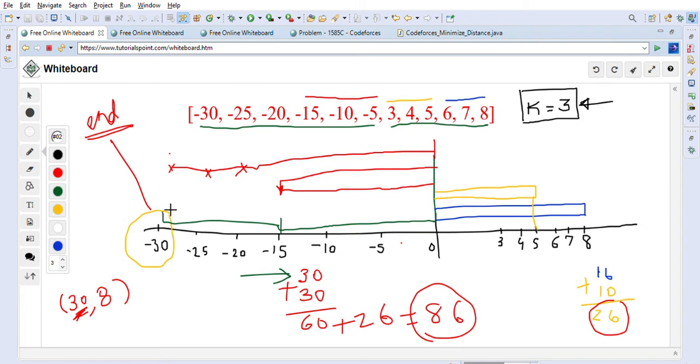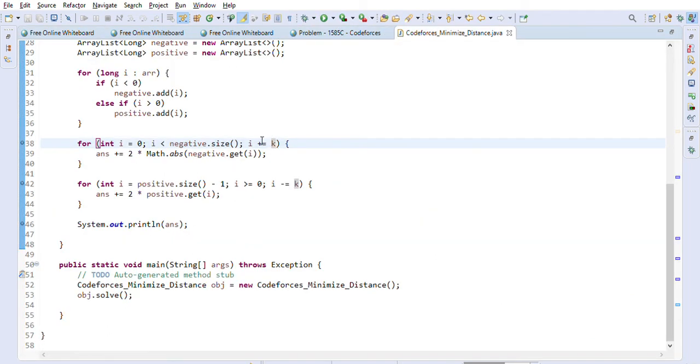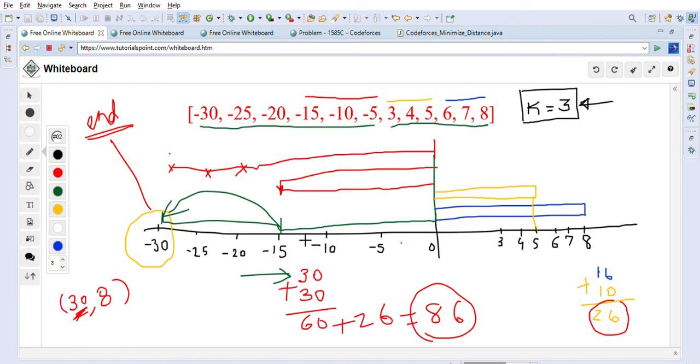Because 3 is our threshold, 3 maximum bags we can deliver in this case. Again we will start from this point and walk 3 basically, right? So that's what we are simulating here, right? So that's why i equals i plus k basically, correct? And then we are just getting the kth value and multiplying it by 2 basically, right? So what it means is we will get the 15 value, and we are multiplying this 15 value by 2.